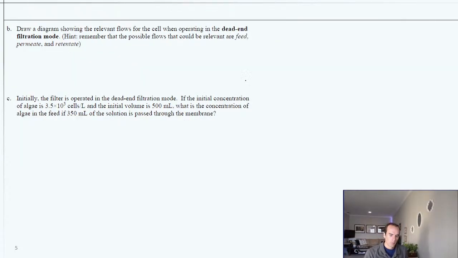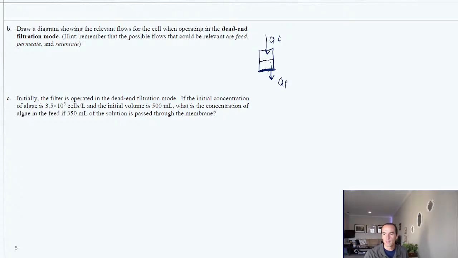Next up, this was even simpler. Unfortunately, some of you got a little confused at this one. To do the same thing, but in a dead-end mode, you could draw it a few ways. In class, I tended to draw it vertically to say we have some Q feed happening and some membrane here, maybe just a line if you wanted, however you'd like to draw that. What passes over it would be the, excuse me, you know what, I'm going to draw this a little differently too. So if we add water there, what passes through it would be our permeate,